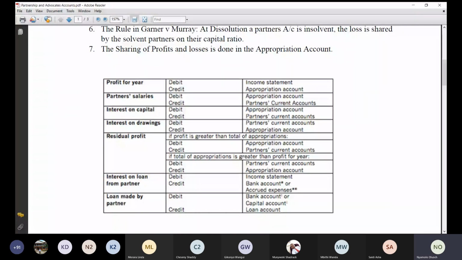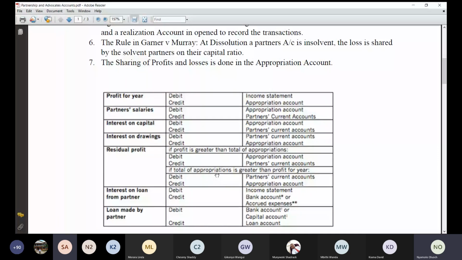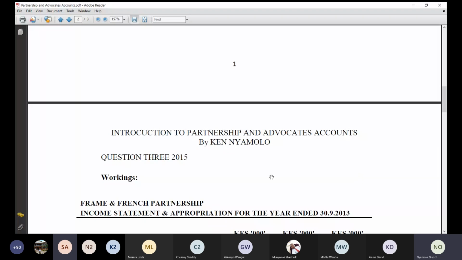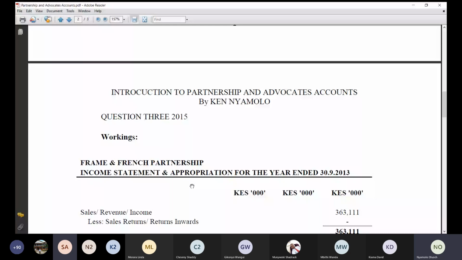Interest on loan from partners goes to the income statement, because it is an expense that we are paying. Loans made by partners, that one is also an element that you will see in any question. So all these things that you are seeing here are scenarios that you are likely to find in a question. At this point, you don't need to panic. Just listen, because after listening, you're able to go through the question and you will be able to understand. Now, to the question that we are having,